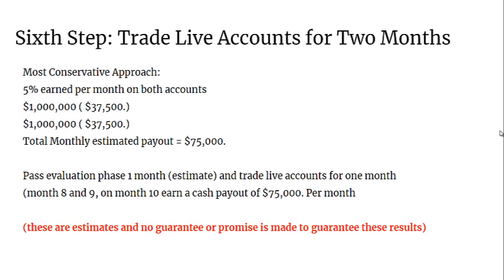The other option is just to simply take the money out. Again, if anything was to ever happen to any of these companies, you don't want your earnings tied up in their account because they could ultimately keep it if something happened. I recommend taking the money out. A better strategy would be, let's say you got to month 10 and you're getting $75,000 a month. The first month, send that money home and spend it, like I would. The second month, perhaps if I didn't need the $75,000, I would then put it